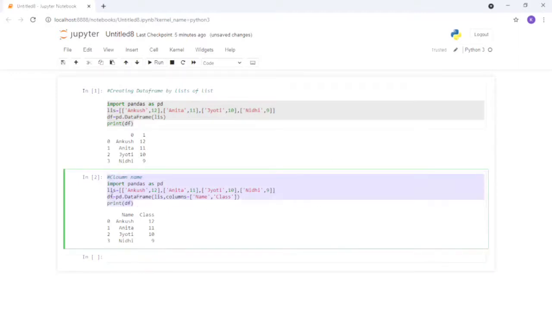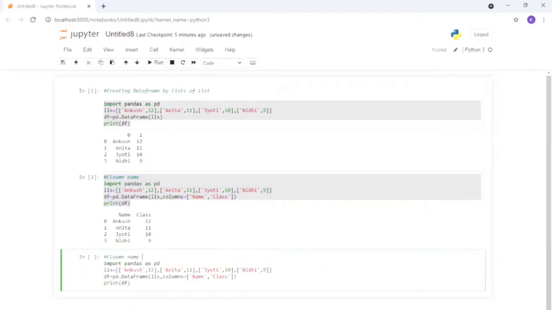So I'm creating here the column name and index. Here you have to change the index also. You can also add the index here. You have to create a list of index, like std1 for student 1.